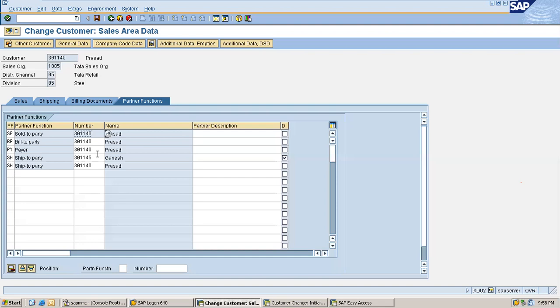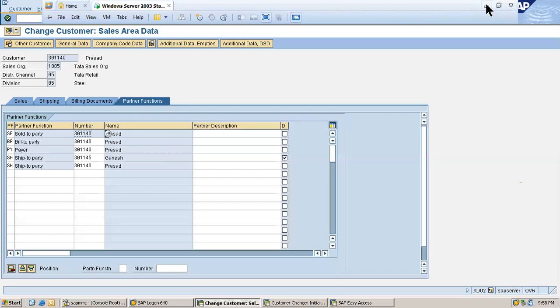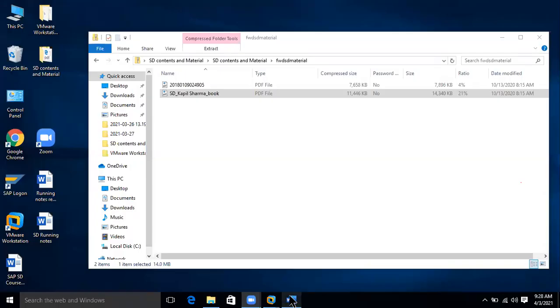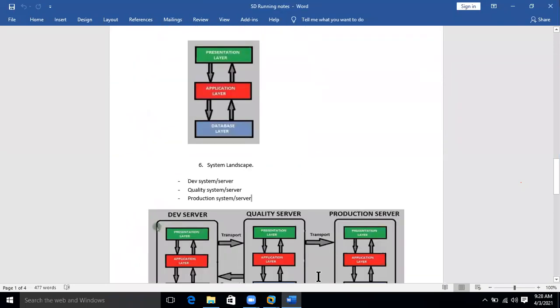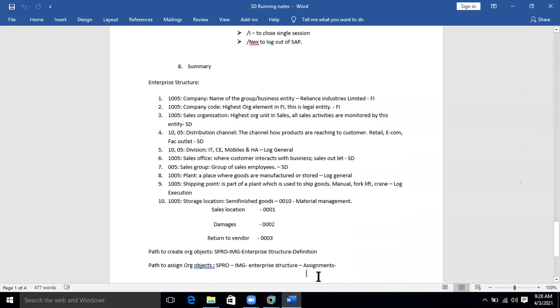Through partner determination, you can assign these mandatory functions to the sales customer master. So let's talk about partner determination now. This is an important topic and also a mandatory topic for sales and distribution.